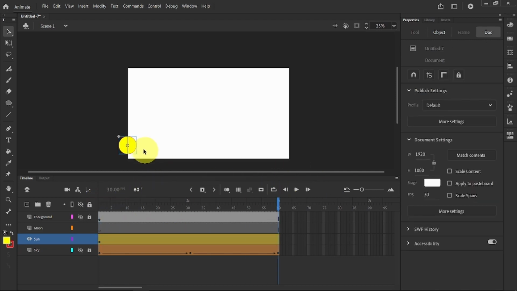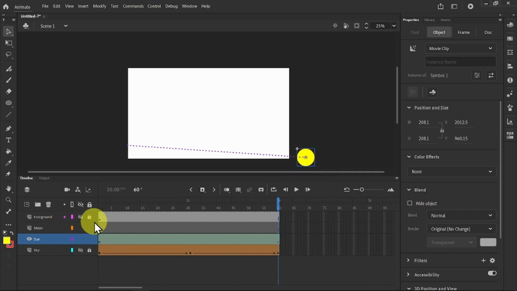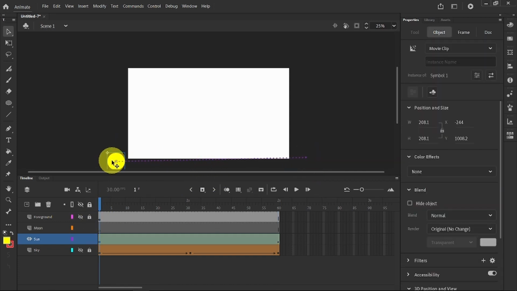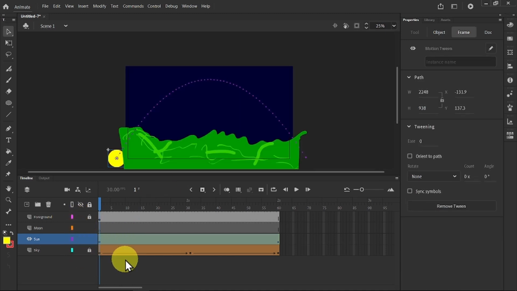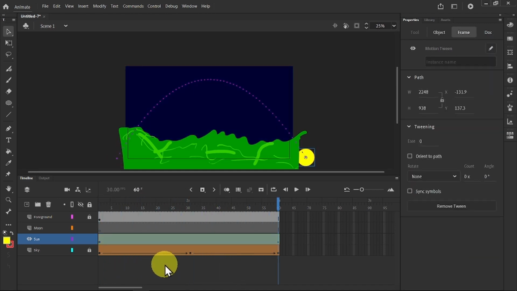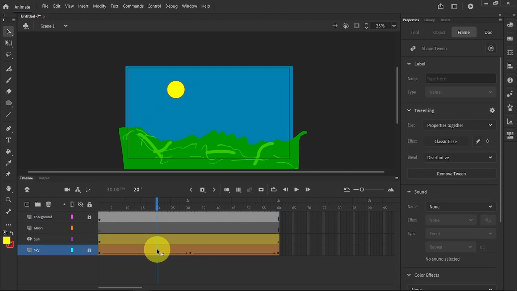And then at the end, I want it to end up somewhere over here. At the start, I want it to end up over here. And somewhere through the middle of it, I want it to be up there. So let's show everything and see what happens. There we go. The transitions of the night and day are a little too abrupt, but you can delay it by adding, say, a second